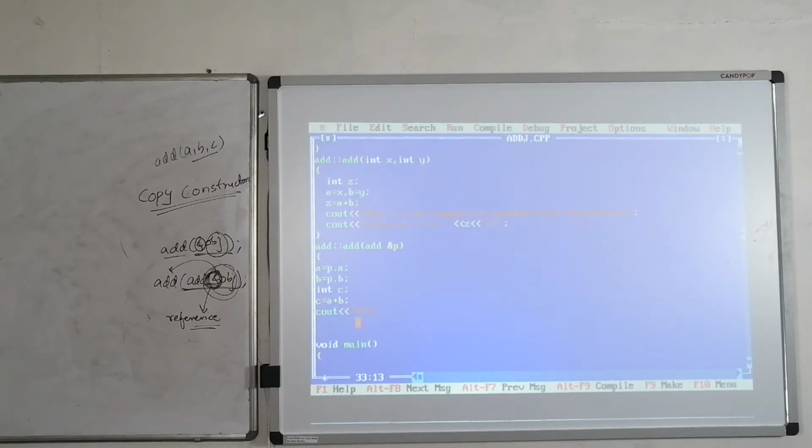This is the example of copy constructor.